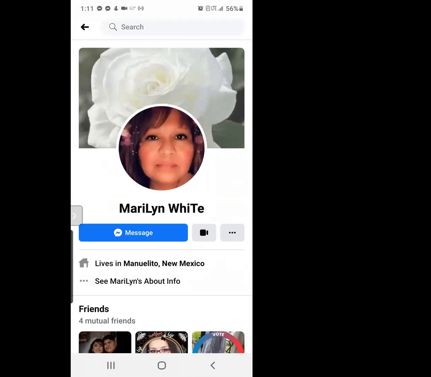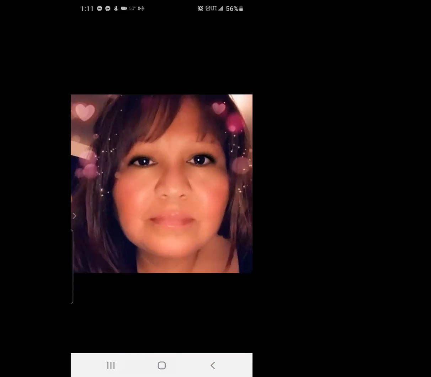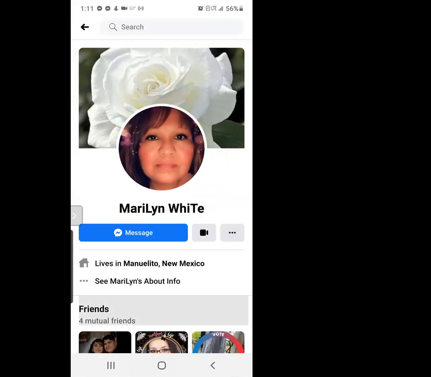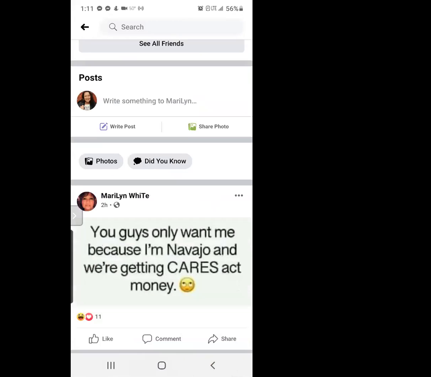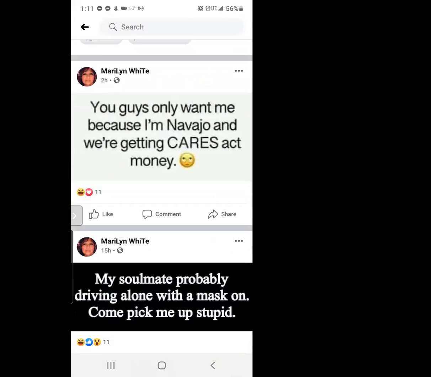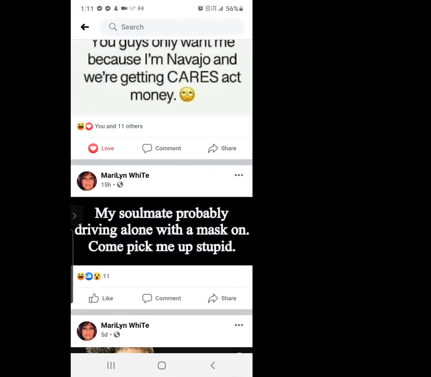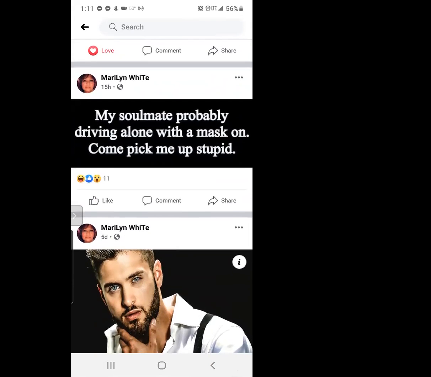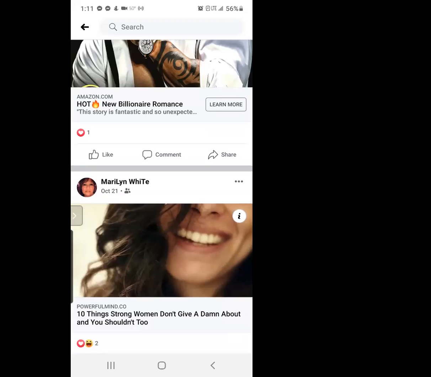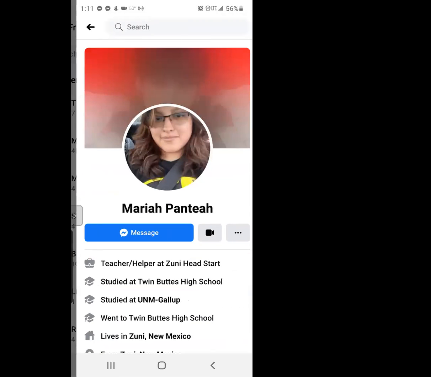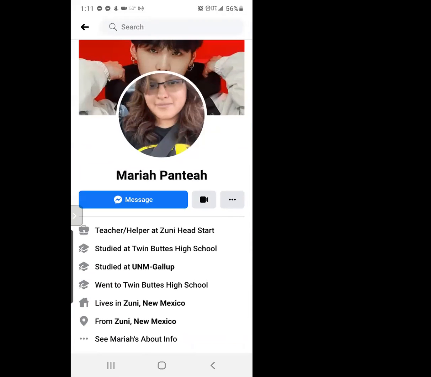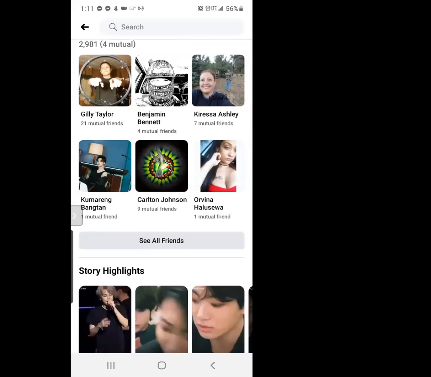Then I'm just going to go on to the next one and do the same thing. See, this one doesn't have an option for me to comment on her profile picture. That's fine. I won't comment on her profile picture, but I will go to her page and look through. If there's not really anything that I know what to say or how to say it, or if it's political or something specific, I usually don't comment on those.